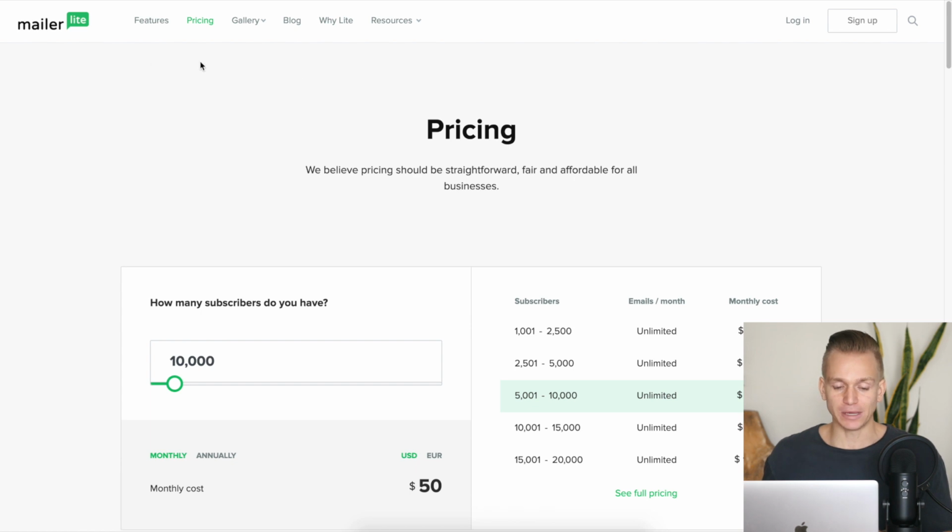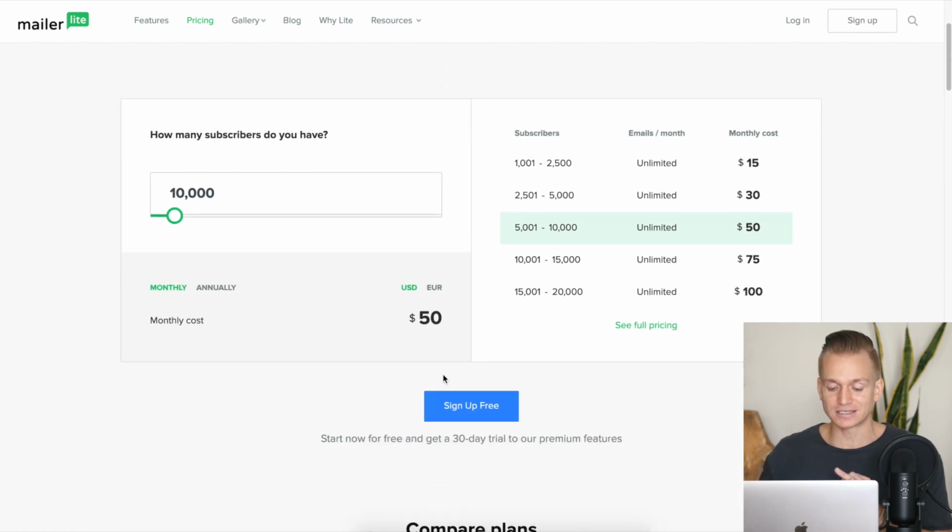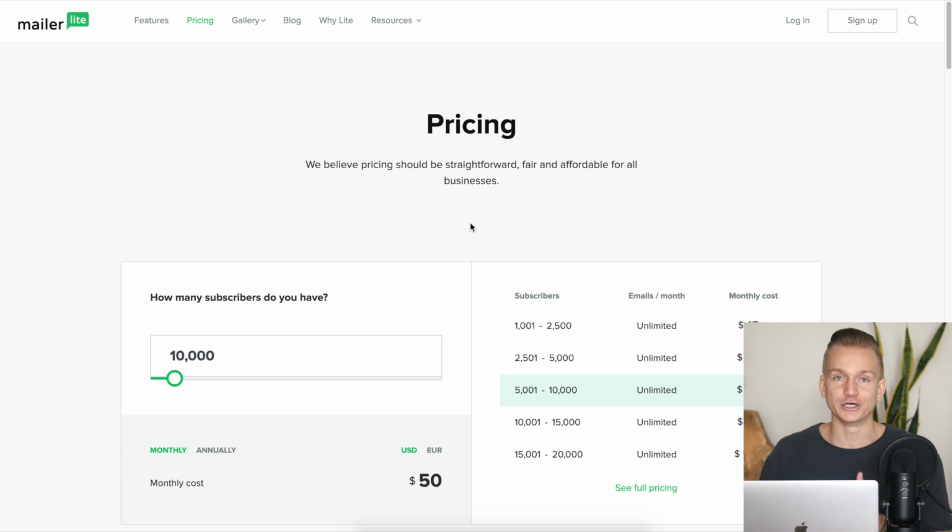So in general, I would say MailerLite is one of my favorite email marketing tools. It's very advanced. It has pretty much all of the advanced automations that you will need, except the split testing within the automations. And you can actually have landing page split testing with MailerLite. You can create your own website, and you can even sell your own digital products. And all of that is for a very cheap price. So it's definitely a good option.